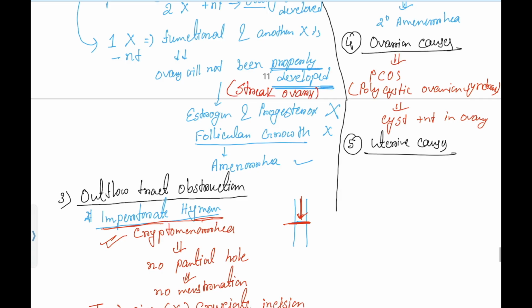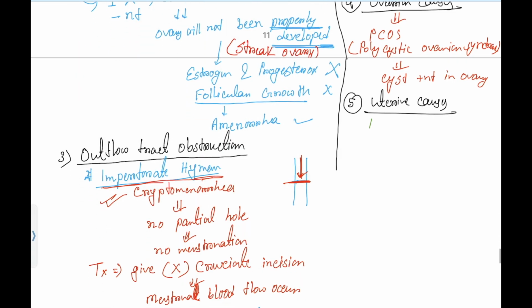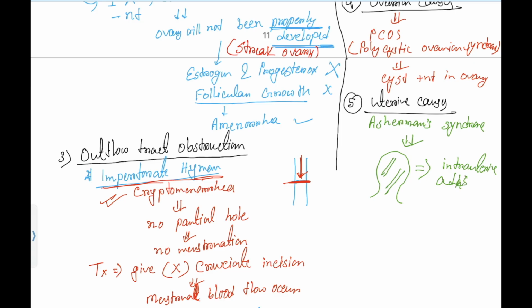What are the uterine causes? Like Asherman syndrome. What is this Asherman syndrome? Asherman syndrome means there is adhesion present in the uterus. Why will this adhesion be present in the uterus? Intrauterine adhesions after curettage or due to any infections will lead to adhesions, and that will lead to Asherman syndrome, which causes